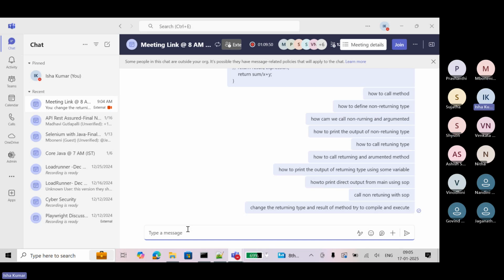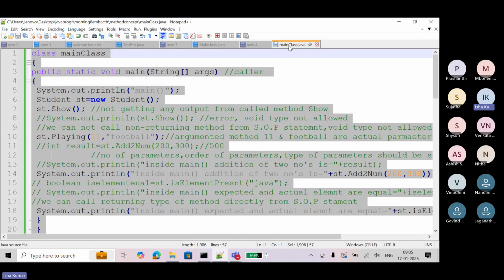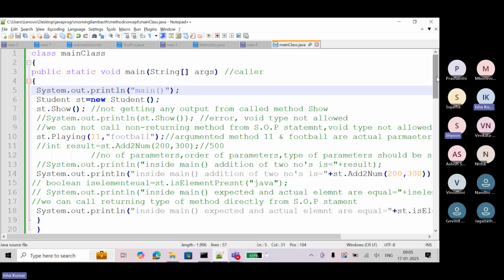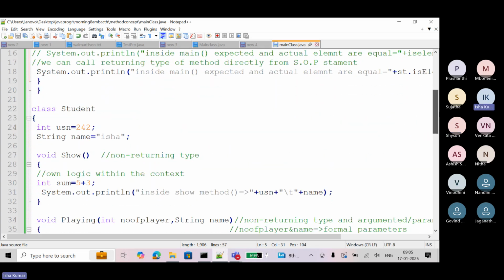I think you can do 8-9 scenarios. Place the return type, place the return keyword in the beginning, and execute. See there. So all programs are here, in the project. One by one, you go and do that. Understood? Is it okay? Yes.